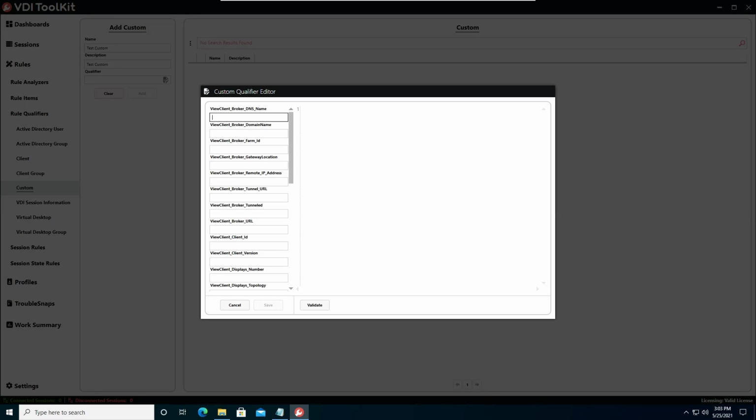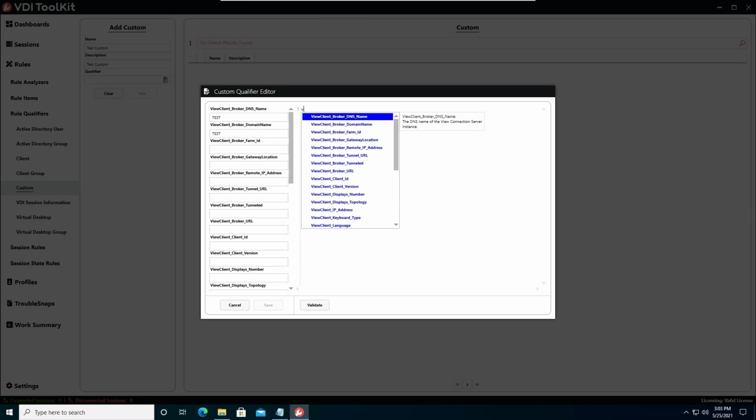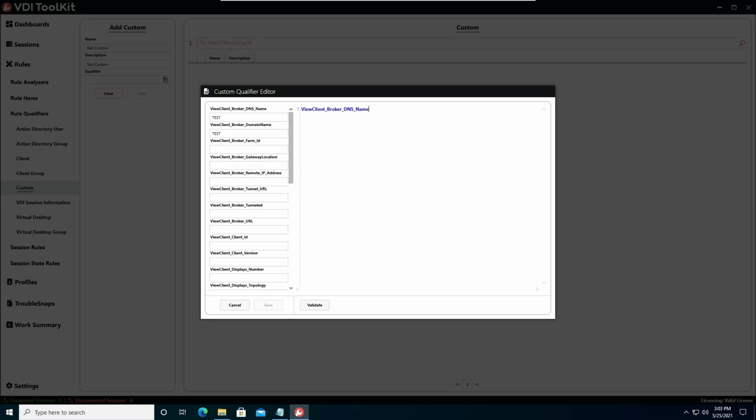I'll do this, and you can test them once you create them. Once I type V, it has kind of like an IntelliSense, so I can see it. And then I could say equals test. I can also do something like this, and view client broker domain name. And I can also do things like this, where it starts with,